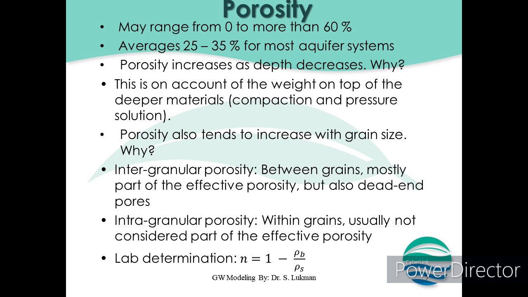You see, porosity is one of the inputs into our model. So we need to understand exactly what it is. How do you determine it? Because for any modeling process, be it under lab condition or under field condition, you need to determine the porosity. If you cannot determine it, what are the different ways by which you can get an approximate value for it? Because nothing is perfect. Even our modeling is not perfect. We are just trying to approximate, to be close to reality. So you may find yourself having to determine the porosity under field condition, or